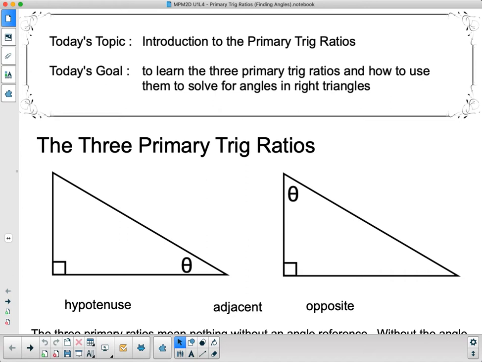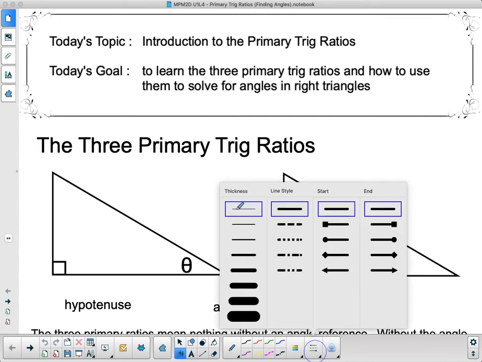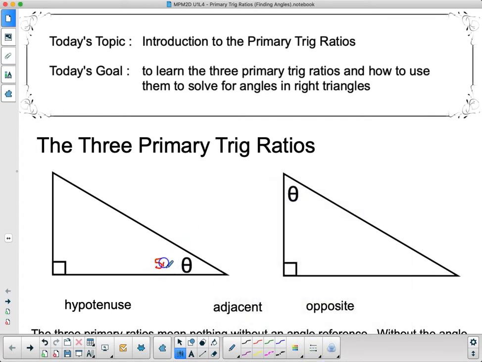Now, we know that every right triangle is similar to every other right triangle that has a specific angle in it because right triangles all have the same right angle to start with. And then if they have one other angle the same, then the other angle is automatically the same because of the angle sum of the triangle theorem. So if I told you that this angle down here was, let's just pick a random number, 50 degrees,